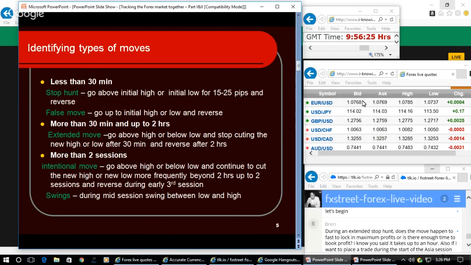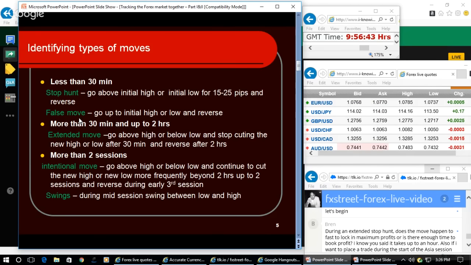But invariably what happens, the traders think that if the leverage is more, I'll be able to earn more money. Yeah, true. You will also be able to lose more money when the leverage is high. You should also realize the other side of it. So understand the type of moves.